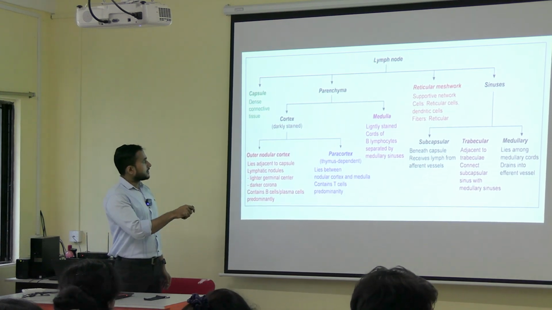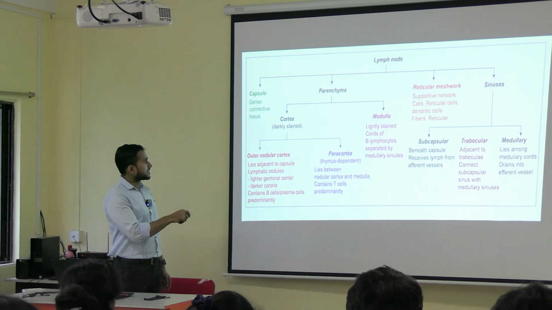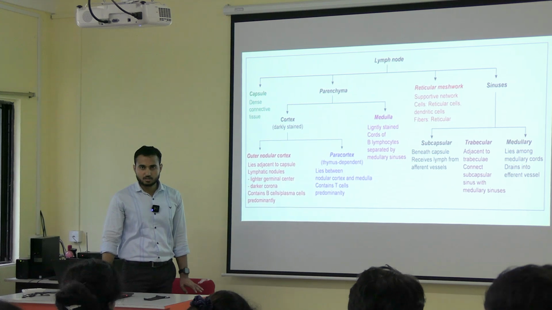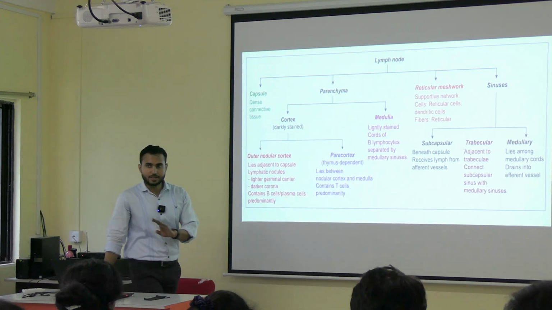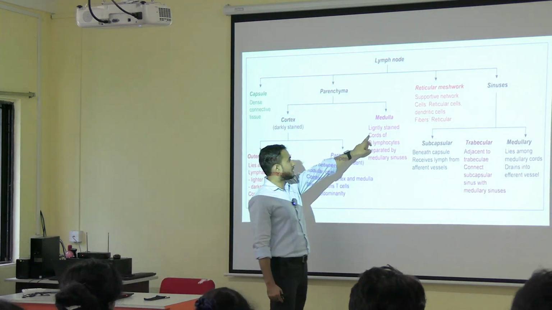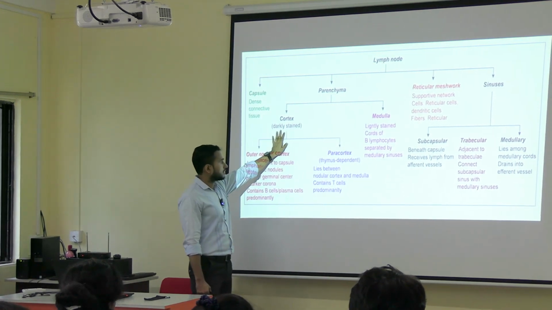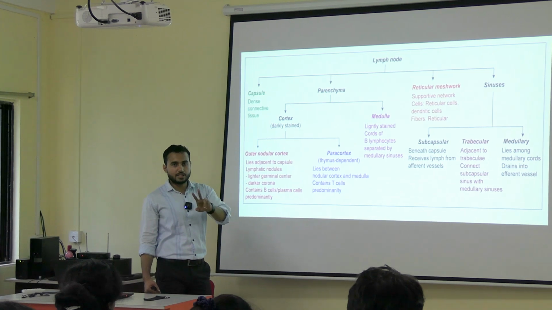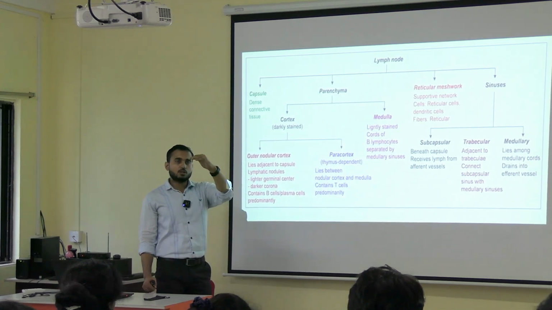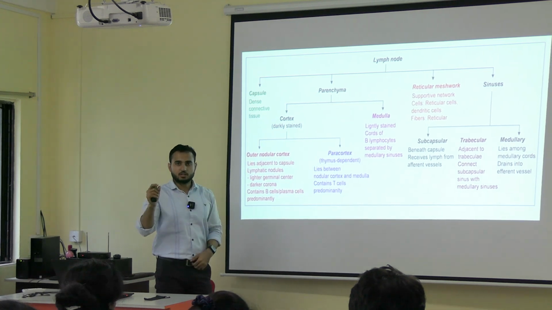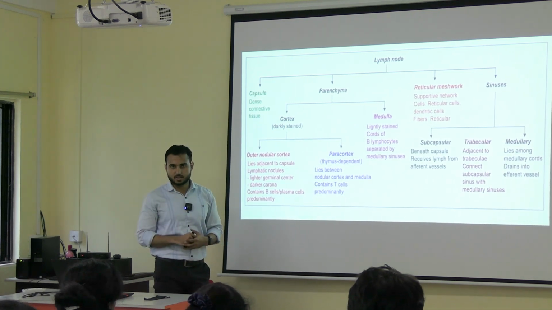Now you have to understand, in case of parenchyma, cortex is there. So first of all, what will be the appearance of the cortex? It is darkly stained. ठीक है, first appearance under microscope. Next, if you see the medulla, it is lightly stained. Now, how the cortex is formed? As I said, cortex is having two areas. जो कैप्सूल होता है, just below the capsule a gap will be there, that is called as subcapsular sinus.